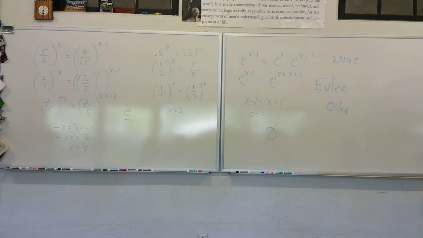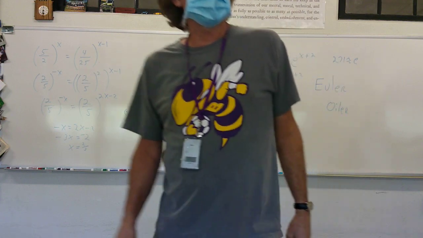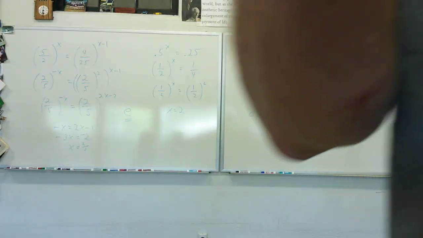Solving exponentials. Exponential equations. I want you to work all of them, 22 through 47. There is a key down below that when you look at it. Or you can go up front and take a picture in the book and take a picture of the key if you need to. All right? And you've got